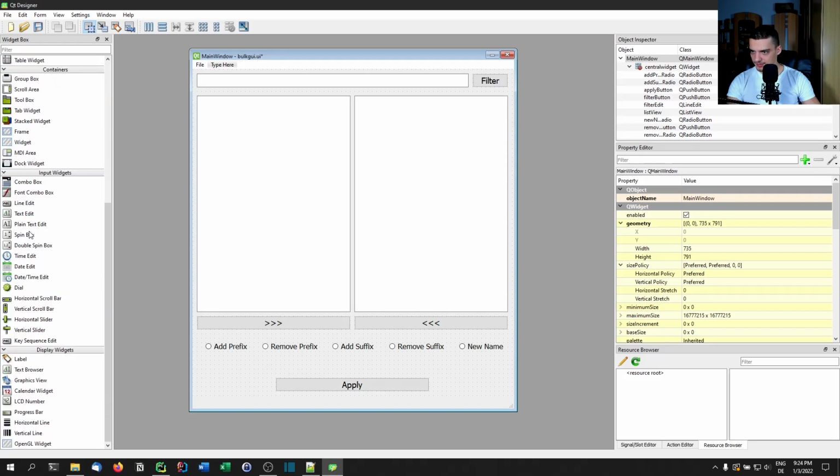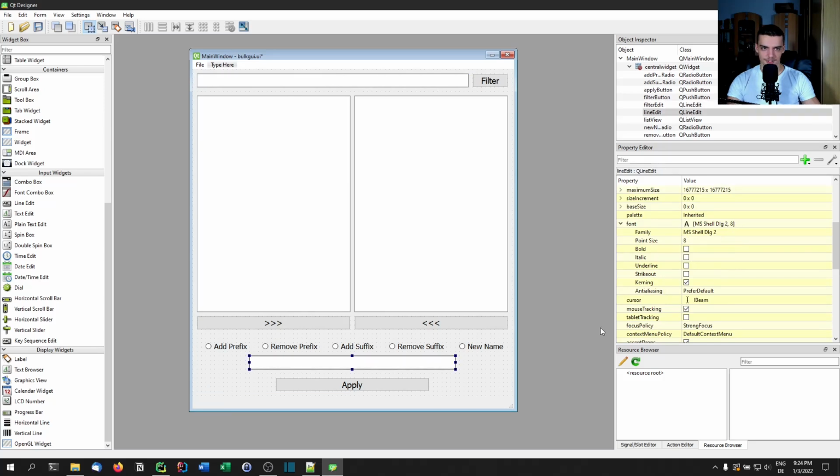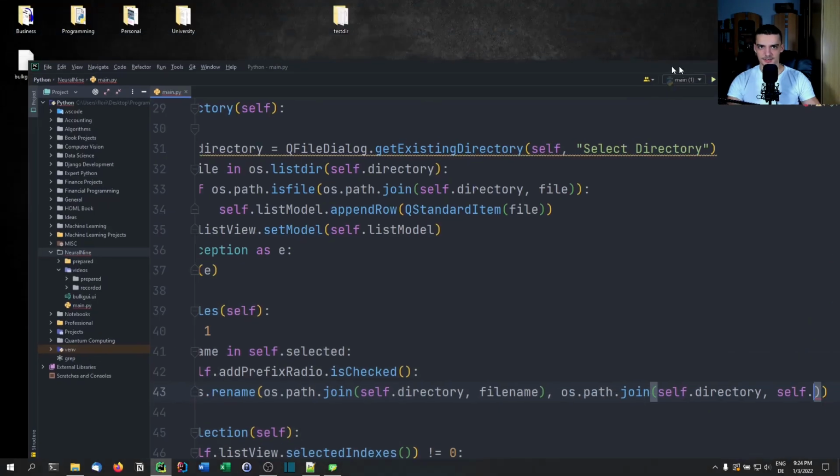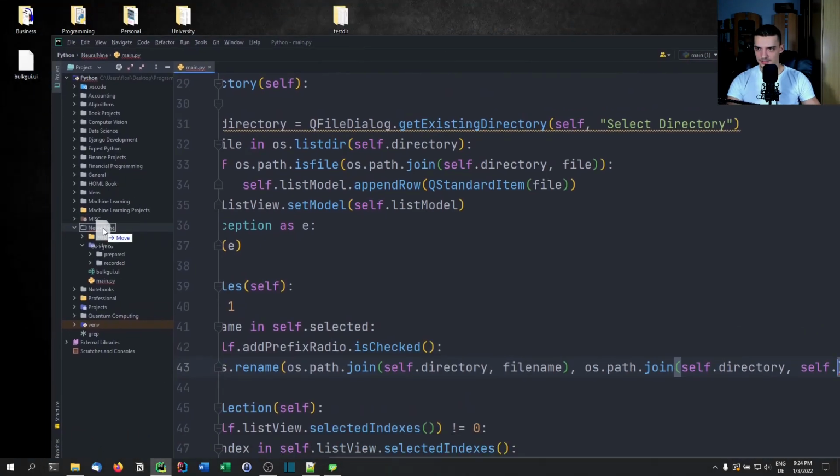We need to add the line edit that is responsible for choosing the actual name, the actual suffix, prefix, or new name that we add to the file name. So what font size did we choose here? We chose 14. Here we're going to choose 14 as well. Let's call this name edit,